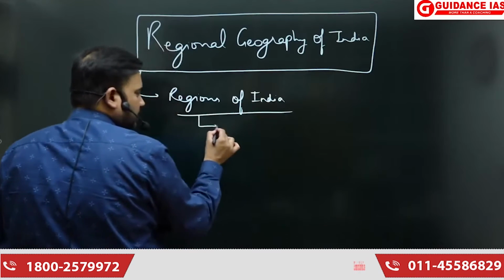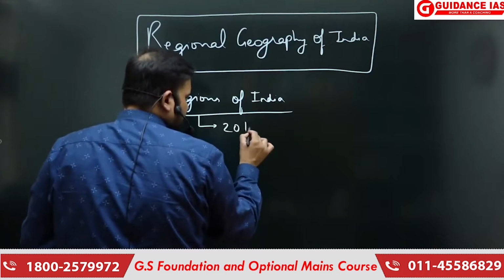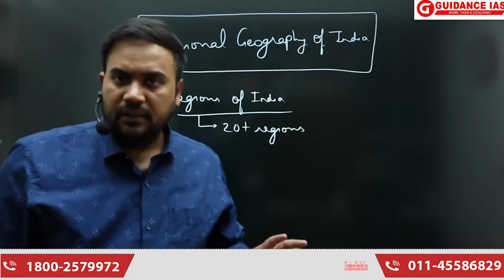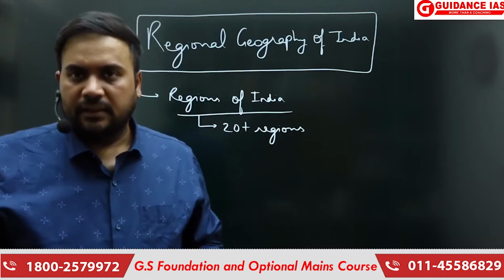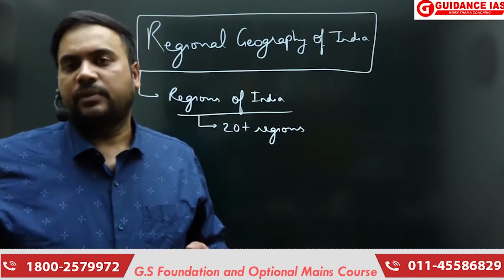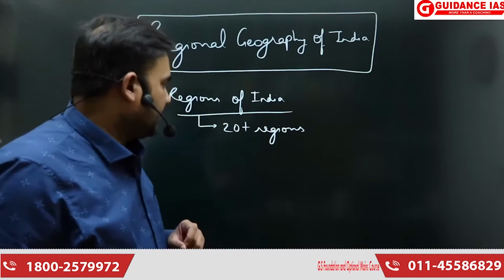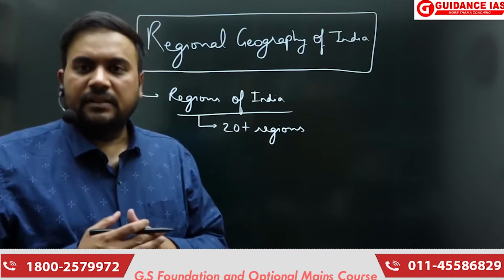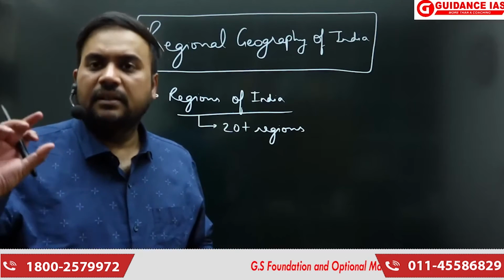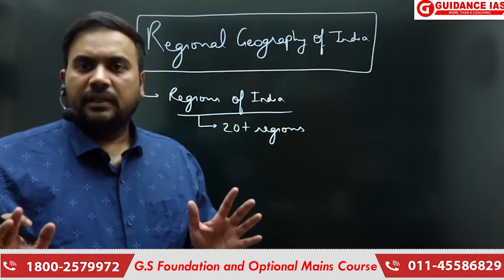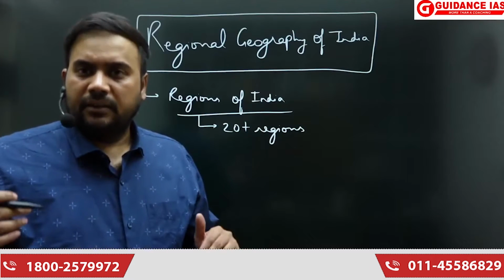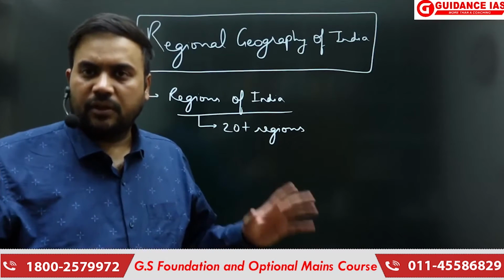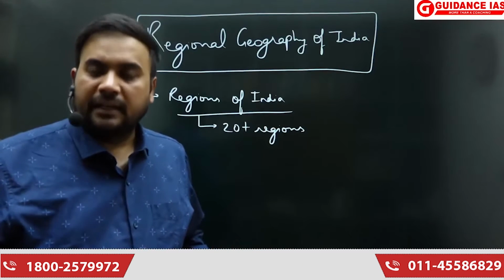एंड आई थिंक उस चैप्टर में यू विल बी फाइंडिंग that India has been divided into, I think, some 20 plus regions, ठीक है। If you have read that NCERT you must have seen, India has been divided into some 20 plus regions, and the physiography of each of these regions has been discussed very briefly in this NCERT, ठीक है। Now what if I can just prepare a little bit of content for each of these regions, if I can know about the characteristics of each of these regions, then you can understand that Indian geography specificity which I was talking about, you would be able to fill that gap.